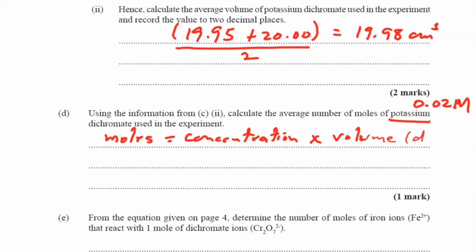And volume here is in dm cube. So we'll have 0.02 moles per dm cube times, and we're going to be converting our 19.98 cm cube to dm cube by dividing by 1,000. So that would give us